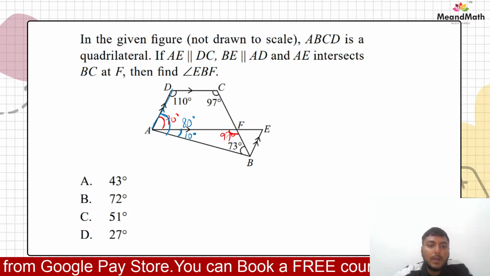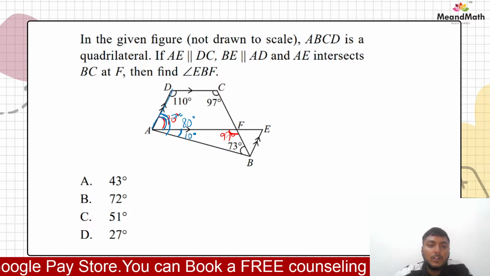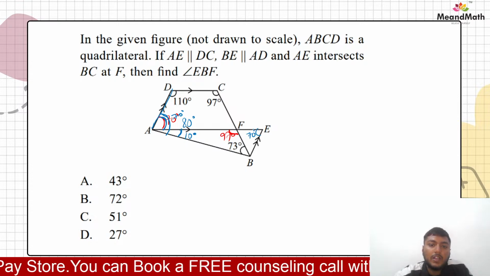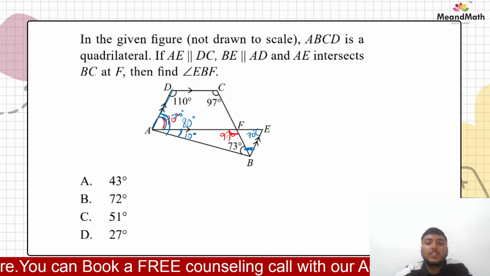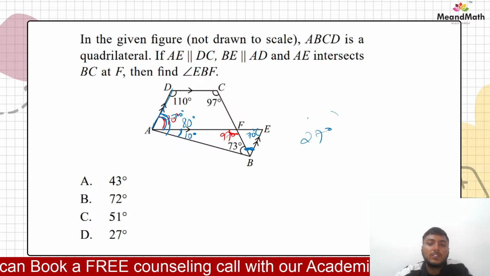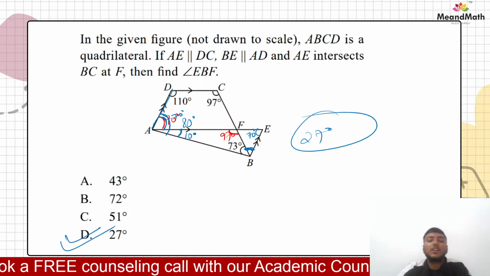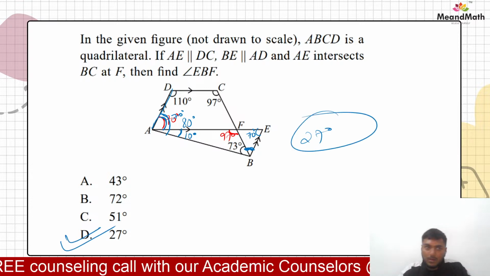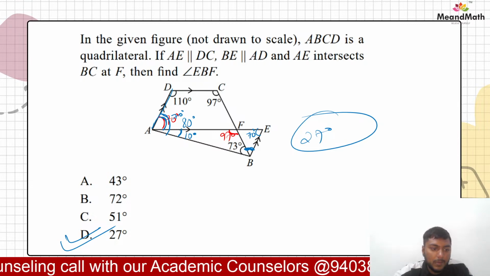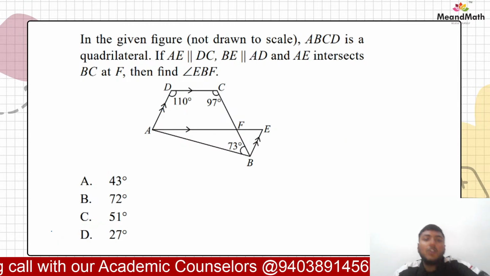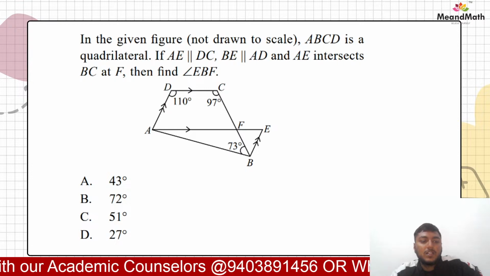These two lines are parallel. So if this is 70, है ना? So this will also be 70. Now this would be 97 minus 70. So that would be simply 27 degrees. So that is why 27. Okay, this was a really good question. I hope everybody understood it. Now we can move on to the next session for